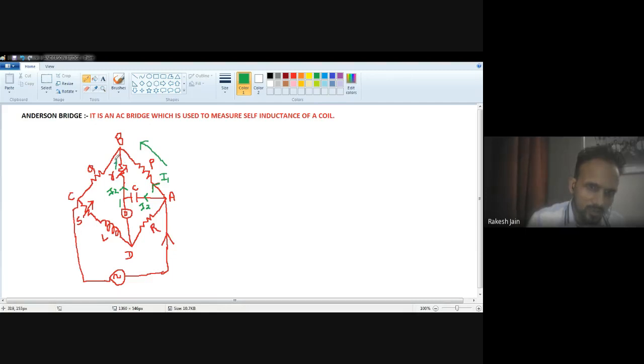Now see this I1 in this direction, also this I2 in this direction. So at node B, according to Kirchhoff's current law, the sum of the incoming currents is equal to the outgoing current. So it will be equal to this current, that is I1 plus I2, because both meet at node B. So I1 plus I2 current will flow through this. And this third branch current is I3.